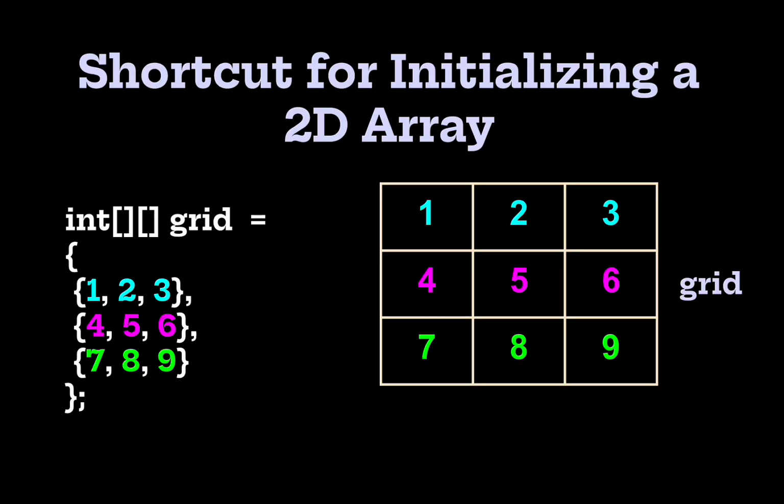The shortcut we want to use for initializing that 2D array would be to do something like this. So int, square bracket, grid equal to, and this time around, we're not saying new int because we already know what values we want to store in the array. We just write one curly bracket first, and then another curly bracket to indicate the first row. So as you can see, the numbers you type into the first curly bracket go into the first row. So 1, 2, 3 stored in the first row, 4, 5, 6 second row, 7, 8,